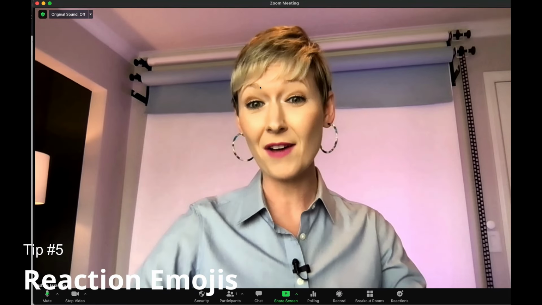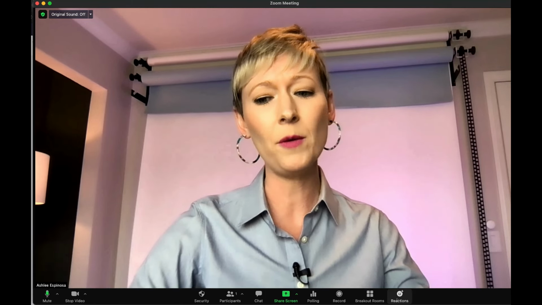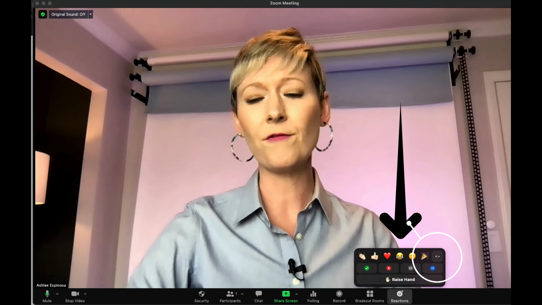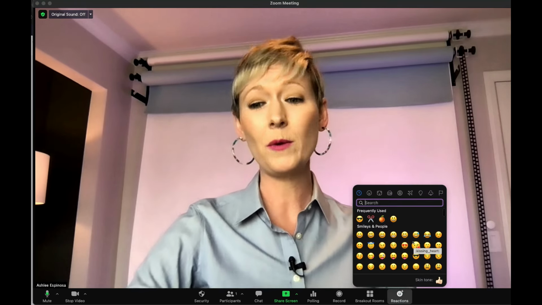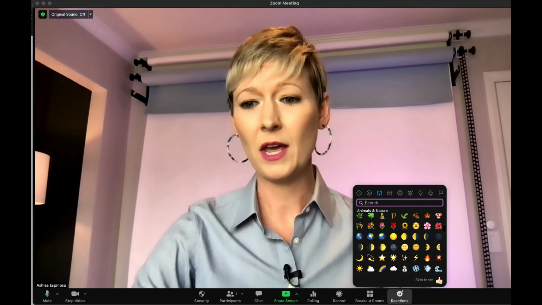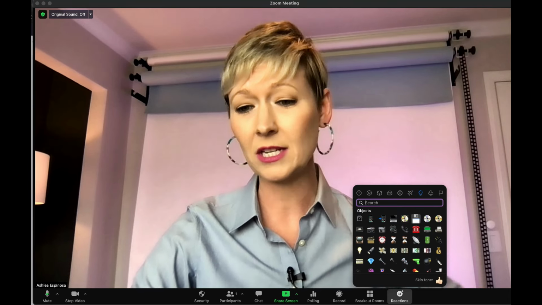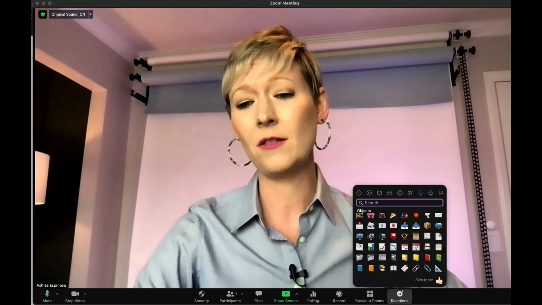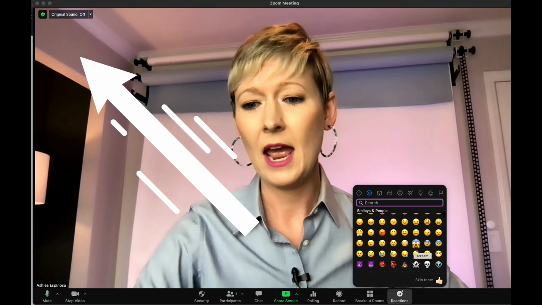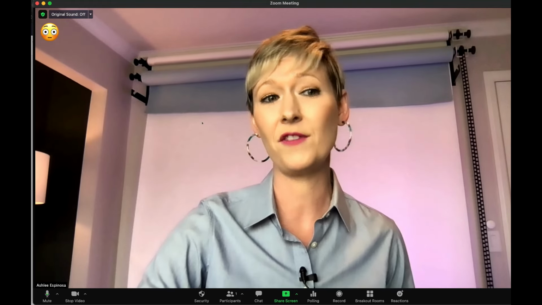And then tip number 5, here in Zoom still again, is I know we know about the basic reactions, but if you go to the bottom and you click on reactions, usually we have these basic ones, but if you click the far right, the 3 little dots, it's going to now pull up all of these emojis that you have access to. And what I really like about this, depending on what age you're teaching, is that you can say to them, hey, pick an emoji that really showcases how you feel today. And they may put an emoji up there and that's telling you that's how they feel today,